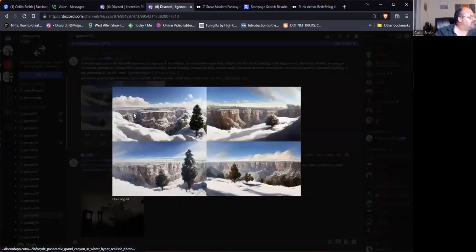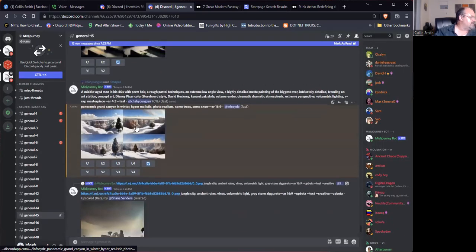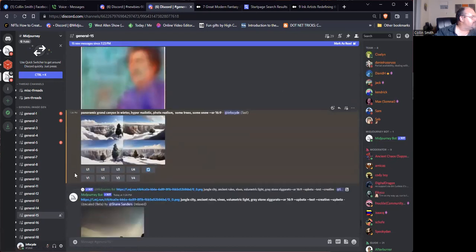So it may have finished here. Yeah, look at that. That's close to photorealistic, not quite. The way it does it is, by default, unless you put a bunch of flags here, which I'm not going to get into, it'll render 4 images. And this means upscale, so you can upscale 1, upscale 2, upscale 3 or 4, or you can do a variant of, say, 1.